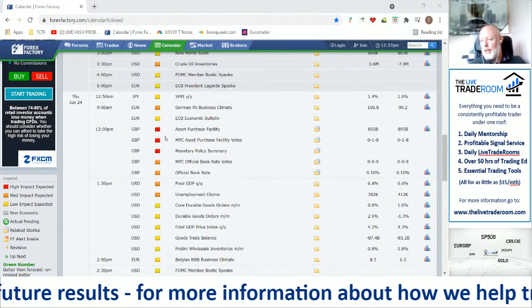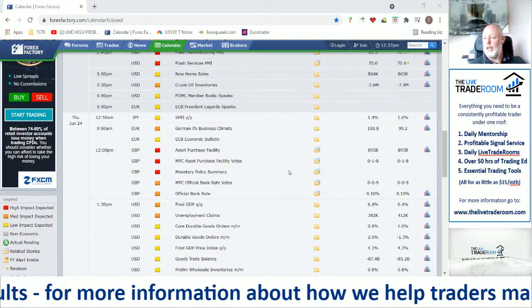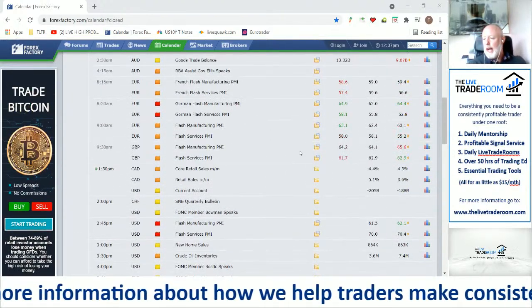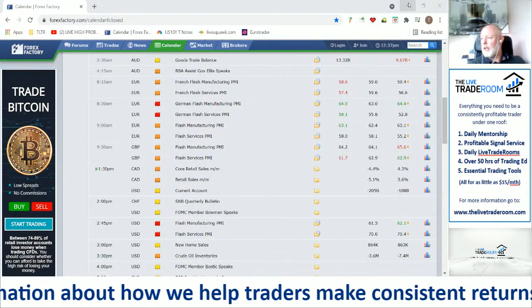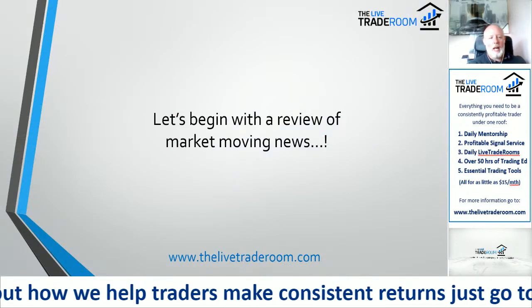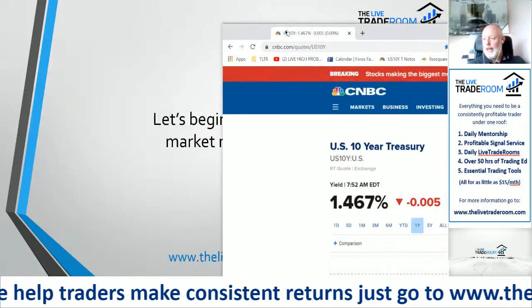So that's anyone trading the British pound. Just be mindful that we're going into a major event tomorrow. Okay, so it's really all about manufacturing and services. I suppose what's worth commenting on really is